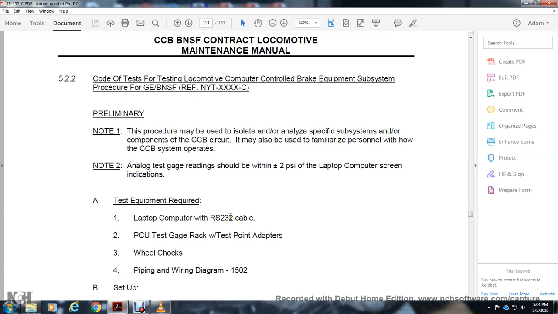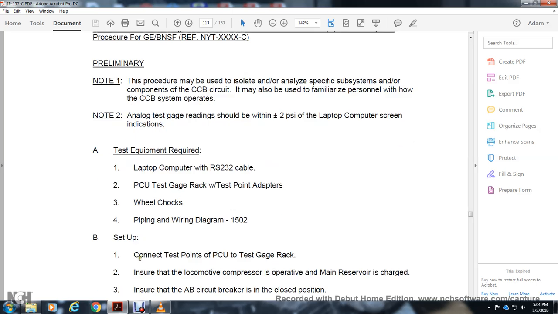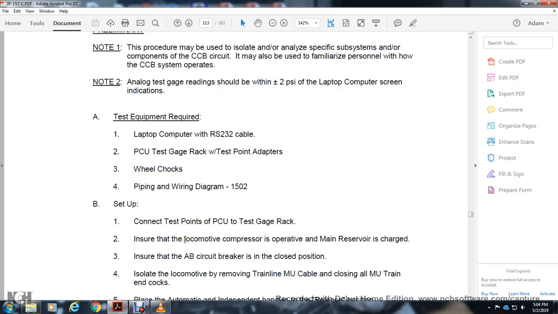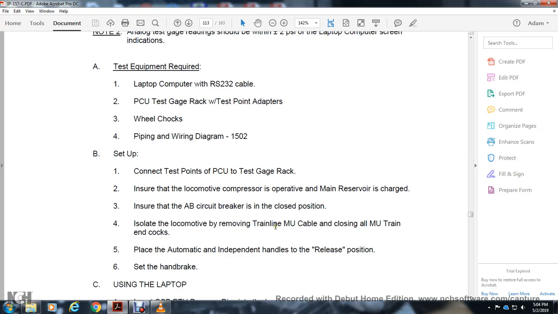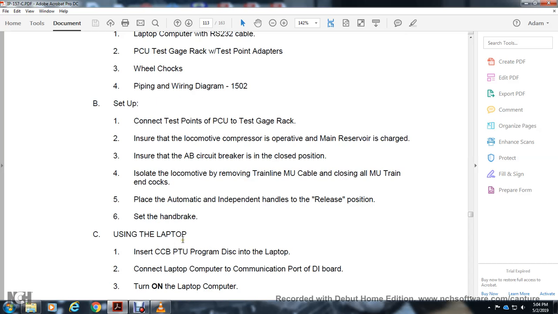Equipment required: laptop computer with an RS-232 cable, pneumatic control unit testing gauge rack with the test point adapters, wheel chocks, piping, wire diagram. Setup: connect test points with the pneumatic control testing unit test gauge rack. Ensure the locomotive compressors operate with the main reserve charge. Ensure the AB circuit breaker is in the closed position. Isolate the locomotive, removing the train multiple unit cable, closing the multiple unit train end cocks. Place the automatic independent handle in the release position, set the handbrake, use the laptop, insert computer control bag,